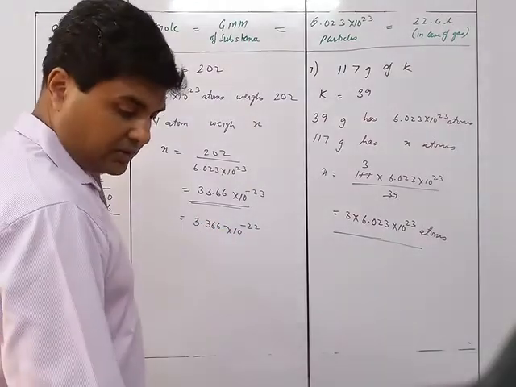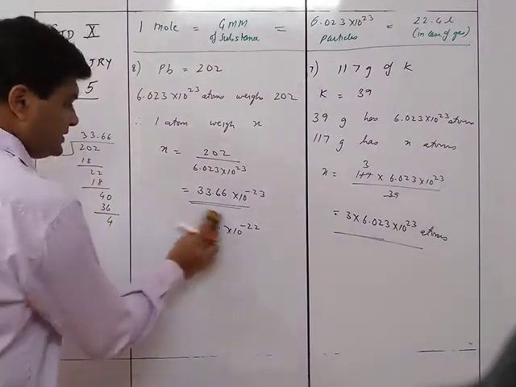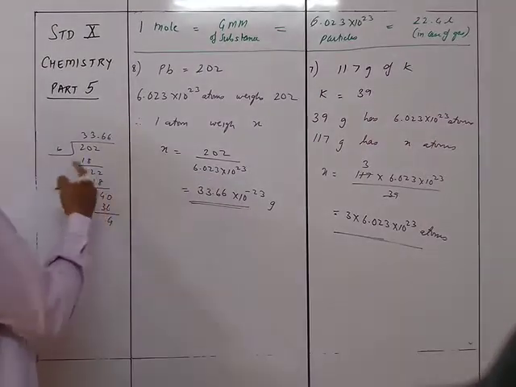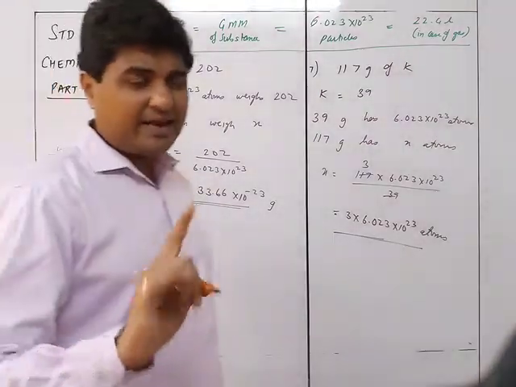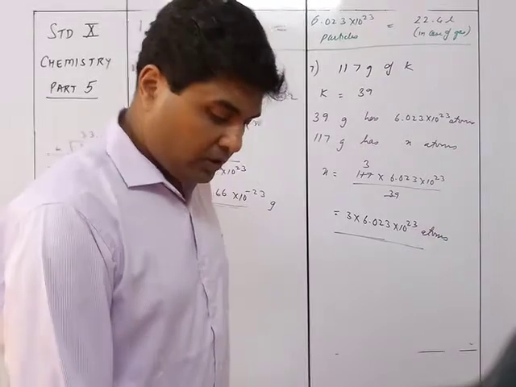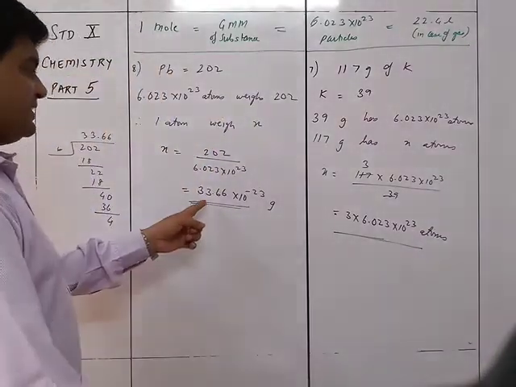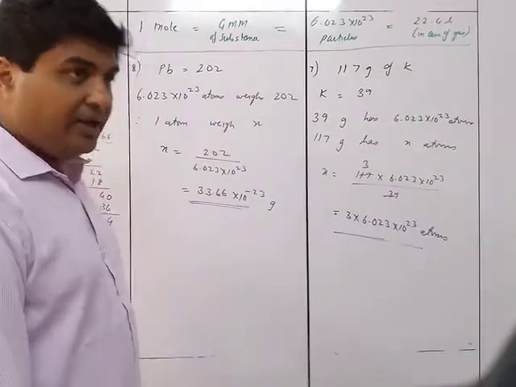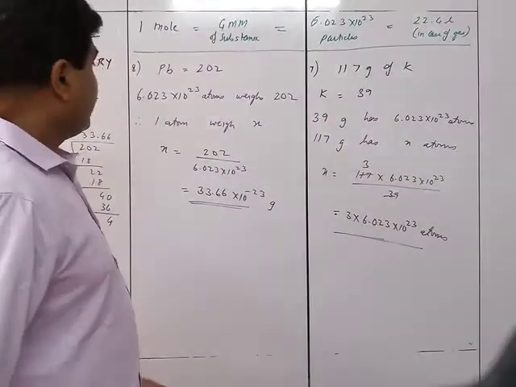Right? So this 30, or you can just keep it as it is. So this is the answer in grams. Now they have taken x10^23, but if such a calculation is there, you can always take it as 6 and write the answer. You are not going to get it wrong. So you can just get this answer as 33.66 into 10 raised to minus 23. Okay, so that was sum number 8.